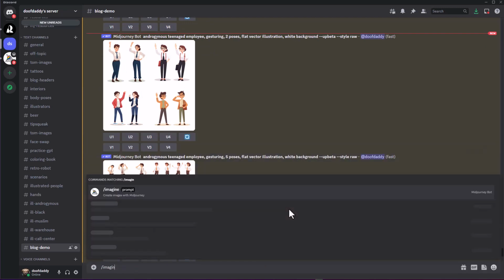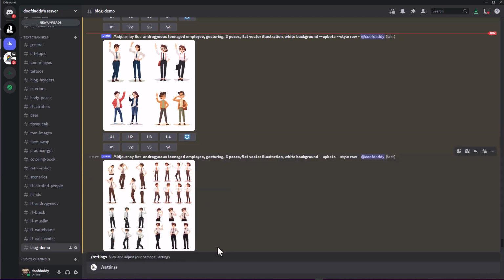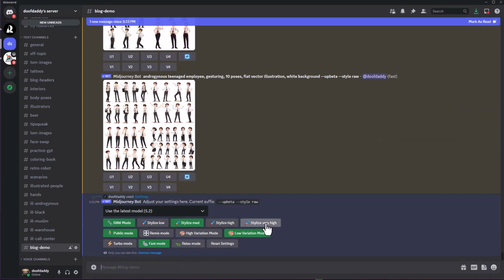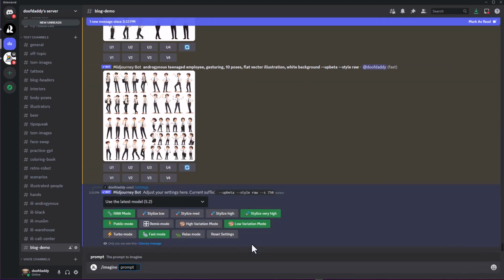Before we do the characters, I'm going to stylize these, so let's go ahead and change the settings. So we'll go to settings. I'm going to go to higher style just to see what we get. And then let's go ahead and do our own character. So let's just change this to, I don't want the teenage. We'll just do black